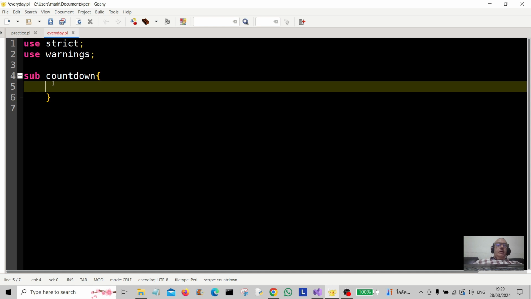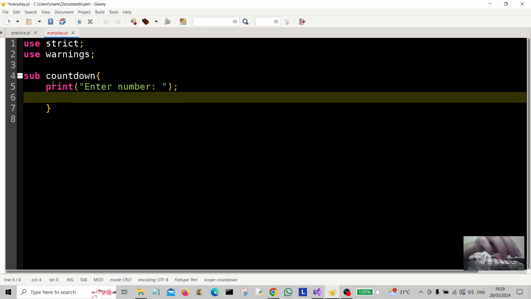Now we're going to use the print command. This is going to be "enter number". So we get the user to enter a number into there. Then we're going to use some standard input, which is going to be my scalar entry, and assign it to standard input. Get some user input,